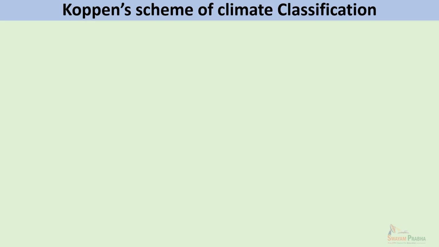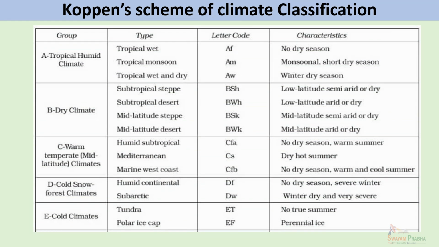Before starting this particular video lecture, let me give you an overview of what we did in the previous video lectures regarding the Koppen scheme of climate classification. We have already covered all the major climate subtypes under the Koppen scheme. A type of climate and B type of climate were discussed in video lecture 1A, and C, D and E, all these three were discussed in video lecture 1B along with the H type of category or H type of climate. So we've already discussed all the subcategories.